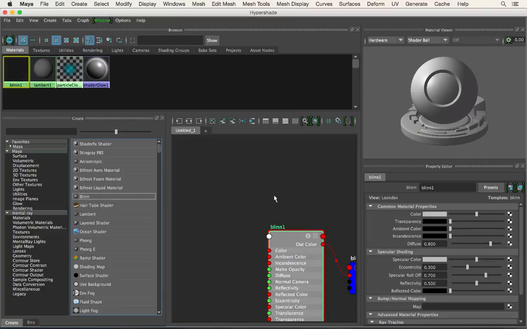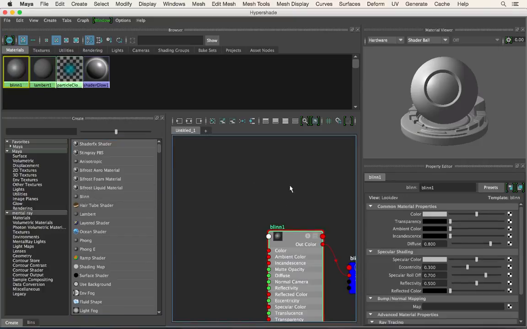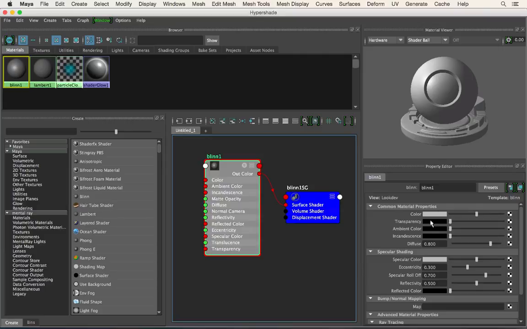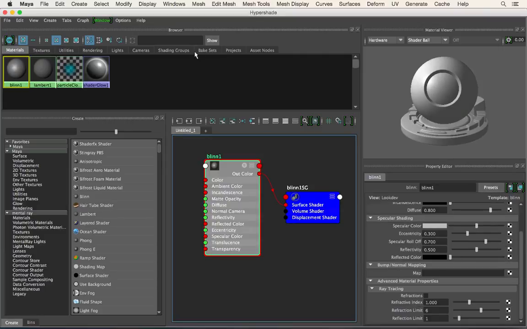So let's create a new blend shader, and let me drag it up so you can see it. We have the same aspects. We can add presets, we can save presets. We can set these panels to customize any way we want. That's a really nice little touch. Our connection inputs are right in our face. This is more of an advanced technique, but for instance, if I